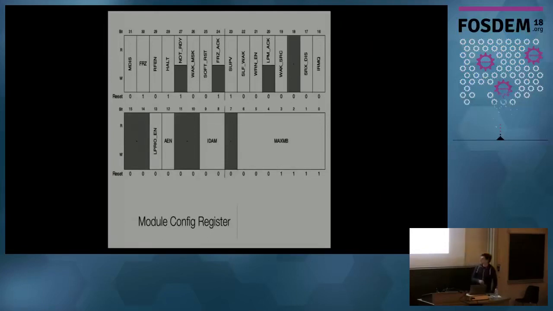So then the first register is the so-called module config register. Sounds good, doesn't it? So you go through all these bits here, define and try to make your mind up what is actually useful and what you probably need to set or read and to configure it yourself properly as a driver. And then you see here this bit 23, which is called supervisor read. So you're wondering, what is that?